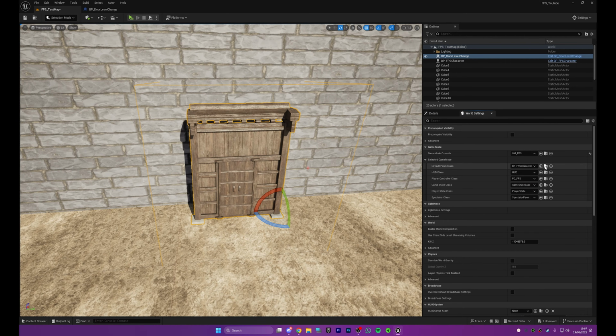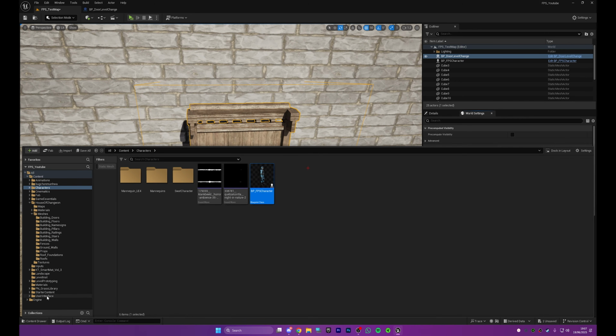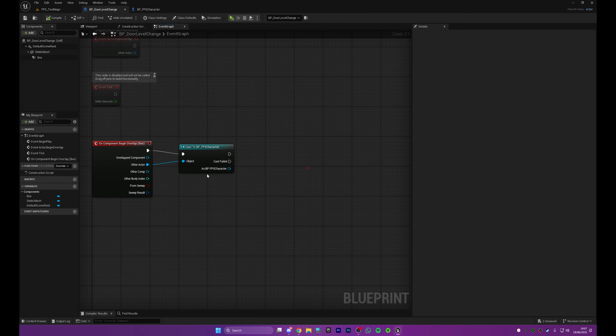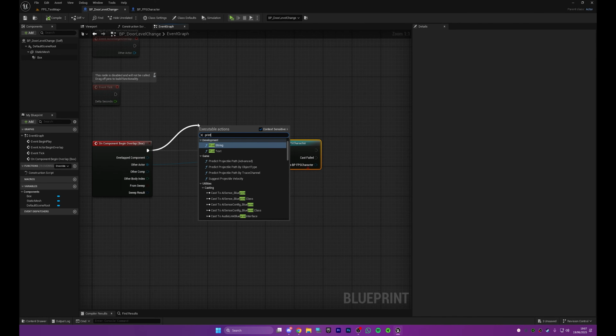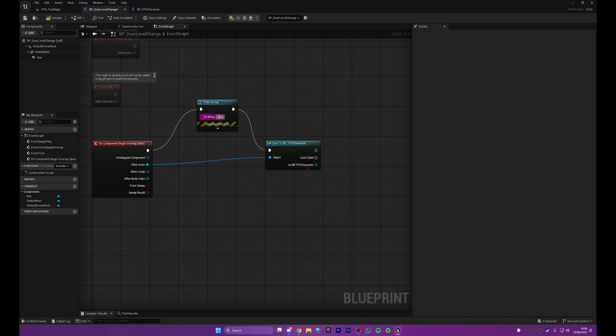Yep, BP FPS character. You use whichever one is your main character in the level. Okay, next let's drag out of the execution pin here again, and we're going to print a string. This is just to debug it, to make sure we're actually doing something. So let's just type in, I don't know, entered level 1 or entered door, anything you want really. This is just for debugging. So there we go,